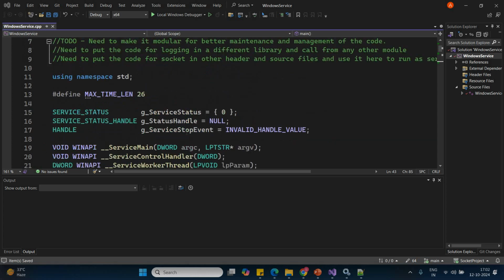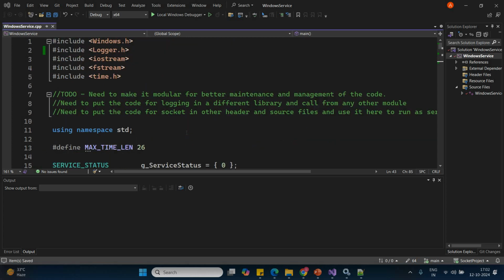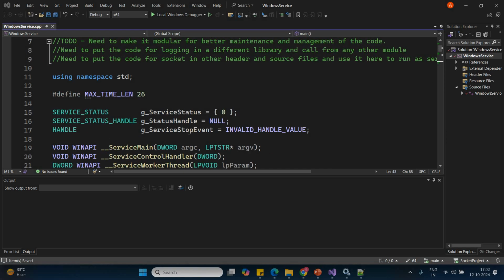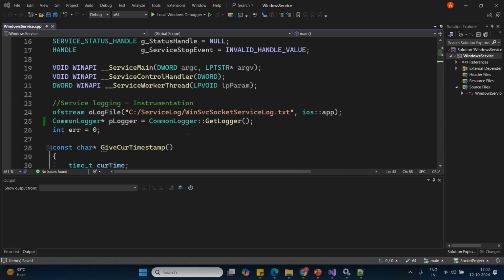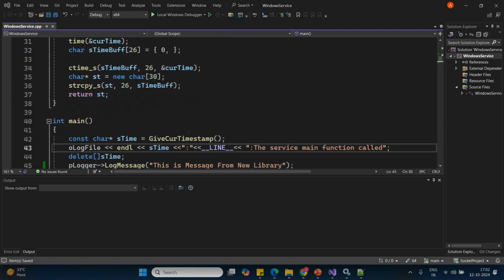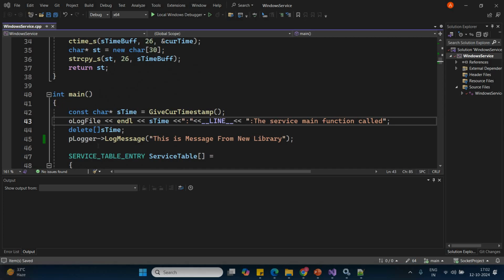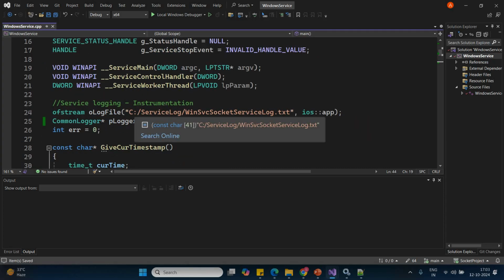Hello friends, welcome back. In the previous video, or you can say in the previous lecture, we were trying to find out where our log is going, whatever log we are doing with the help of our new static library, where that is going actually. So we were looking at the log at the wrong location, which was the location like this: C service log win